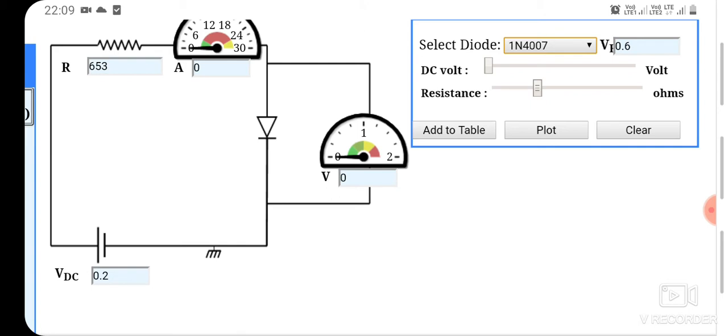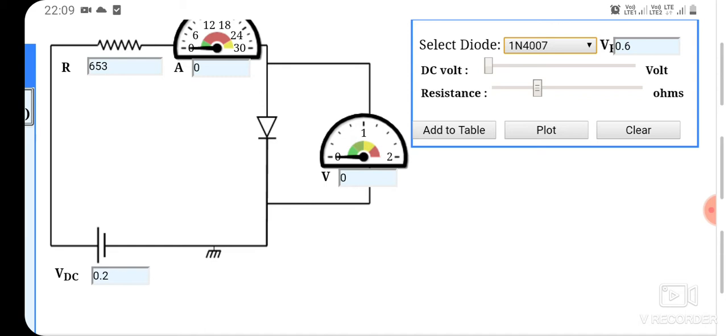I have fixed it at 653 ohms. Though 653 is not commercially available, this is a software based lab where you carry out everything virtually, so you can set this. But whenever you implement the same circuit physically in your lab, you have to choose a value of resistance which is commercially available.